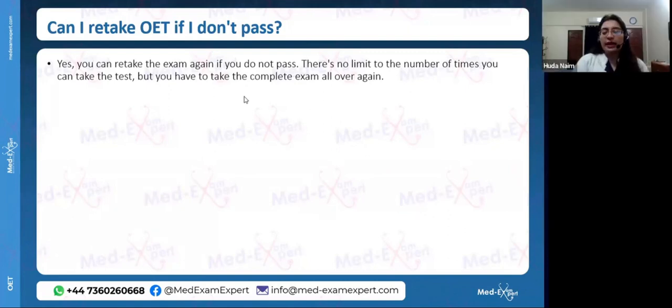Okay, now that again depends on your level of English proficiency. How well do you communicate in English language, even on a daily basis? Now, for some people, those who've done their medical education in English, they do find it a little easier as compared to completely non-native English speakers. So if you think you're good enough in English, you have a good vocabulary, you know how to write well, you can speak efficiently in English, then I think 1 month would be good enough.